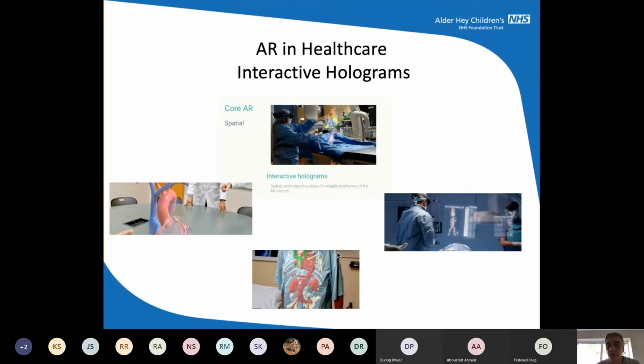And now two or three guys in the hospital have been using this in the last few days. And now it's understanding what a hologram means, and you can manipulate them. And you have seen Fu and myself sometimes walking around in the office and moving our fingers from one place to another. We are manipulating these holograms. And the idea is how can we use them as an image